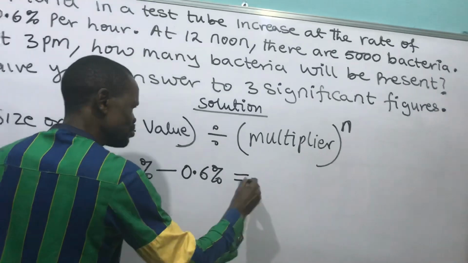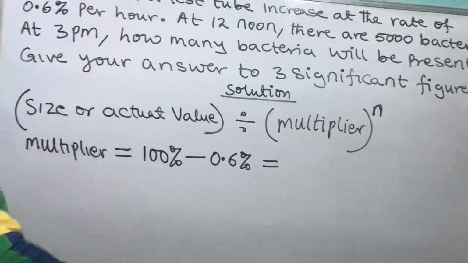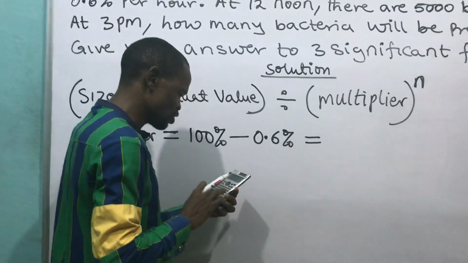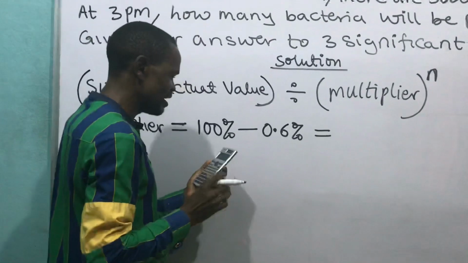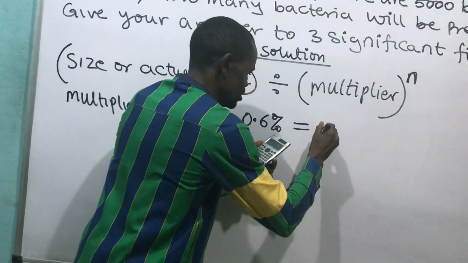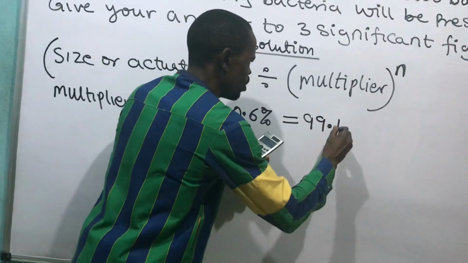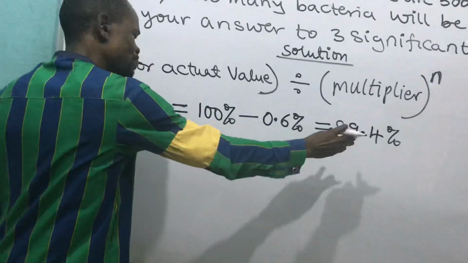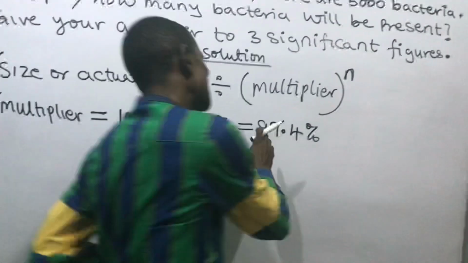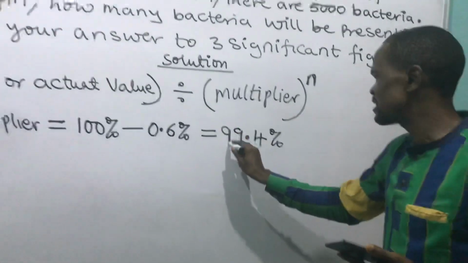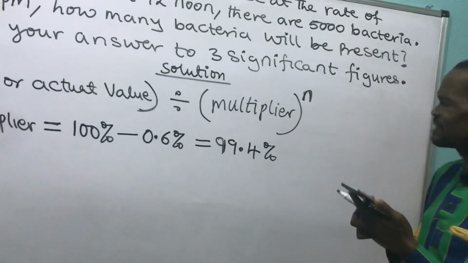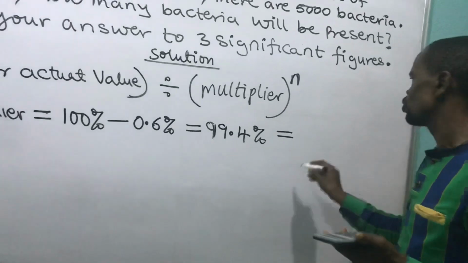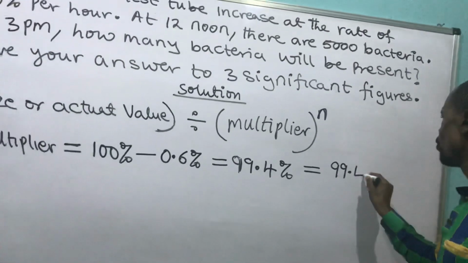And that gives me, using my calculator, 100 minus 0.6. That gives me 99.4%. 99.4% is my multiplier in percent. Then converting this multiplier in percent to decimal, because I'm not going to use this multiplier in percent, I'm going to use it in decimal. It will be equal to 99.4%